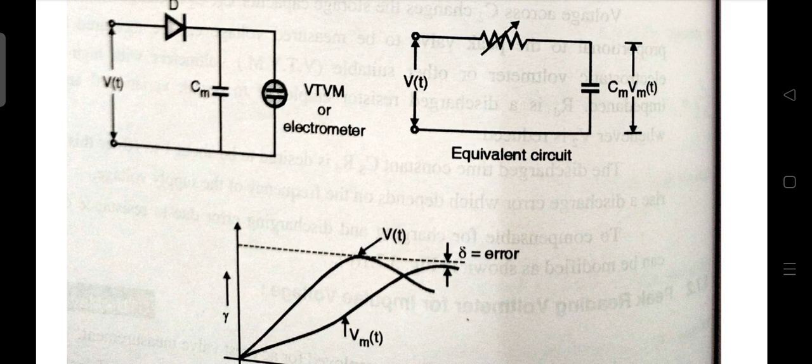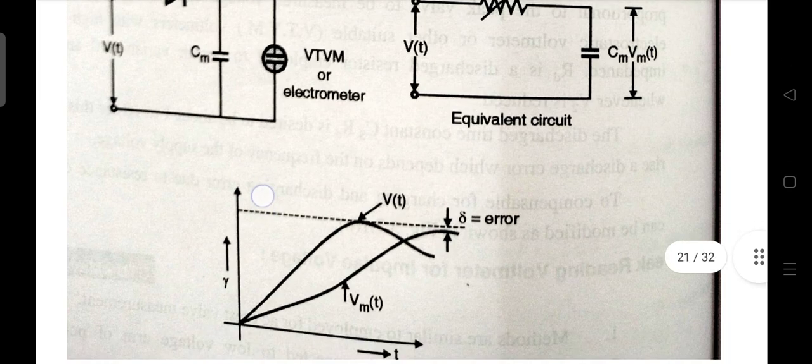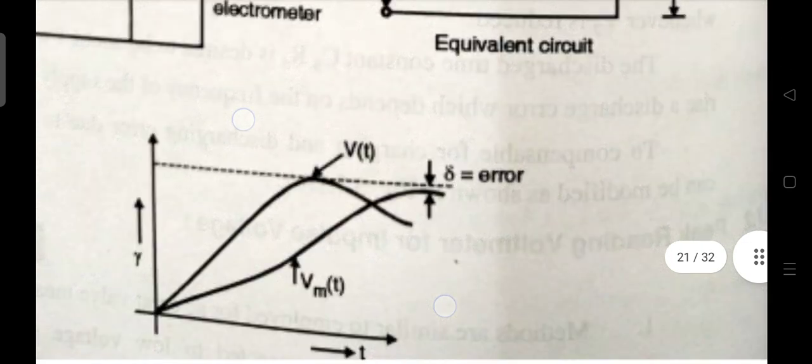It can be electrostatic. As diode D has finite forward resistance, the voltage to which Cm is charged will be less than the actual peak of the signal. So, the error can be estimated if the waveform is known. The actual forward resistance of diode D is difficult to estimate, and hence the meter is calibrated using an oscilloscope.